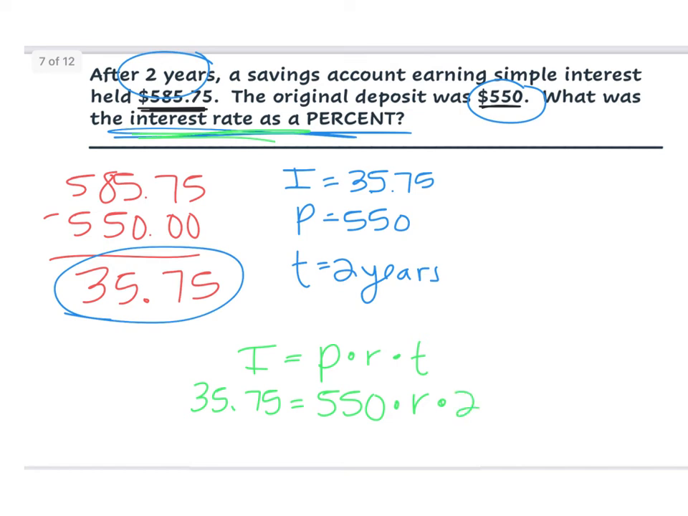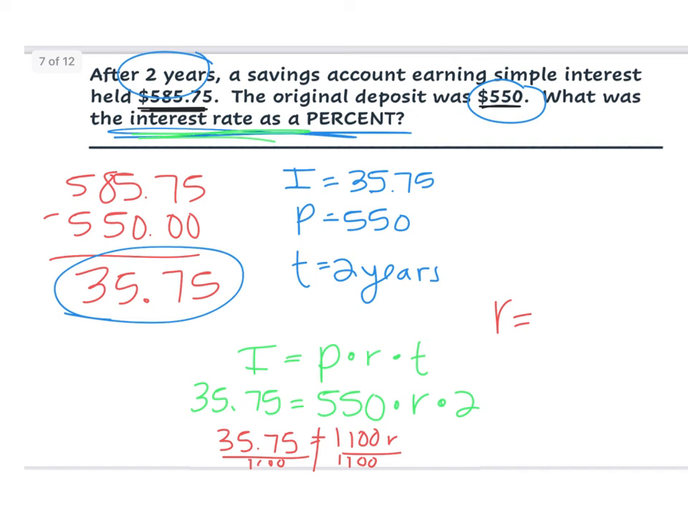So the first step here is going to be multiplying 550 times 2. 550 times 2 will be 1,100, and that's going to be times R equals 35.75. And now we just need to solve this equation for R. So we're going to have to divide both sides by 1,100 to solve for R. I'm running out of room here. All right, so we are going to get our rate, our R equals